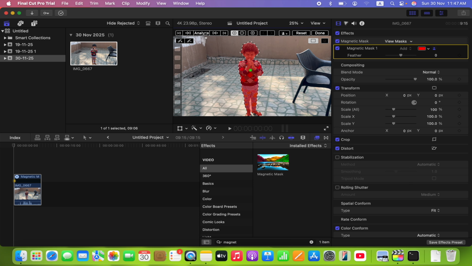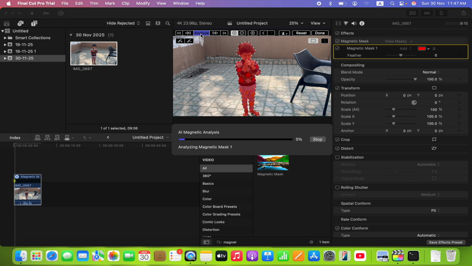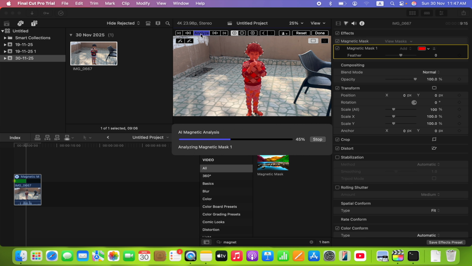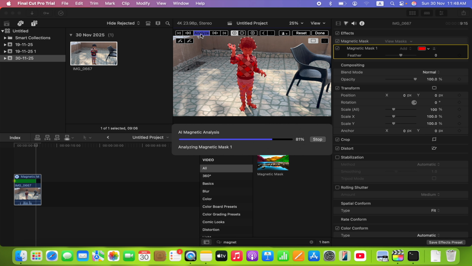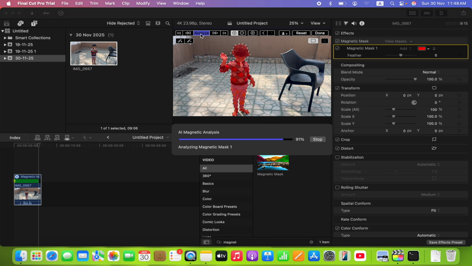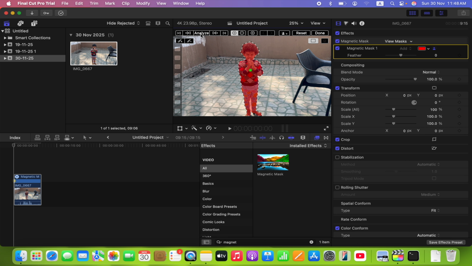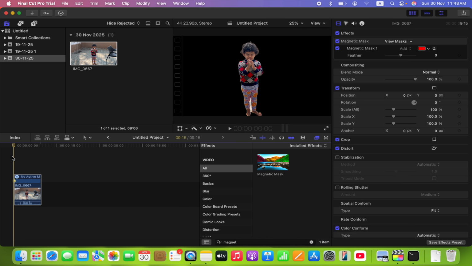Now click Analyze over here. It will analyze all her hand movements and every movement of her. Now click Done. And now just go over here,